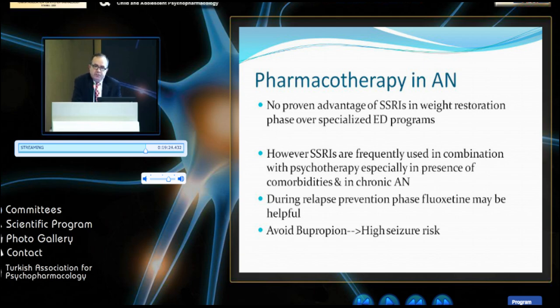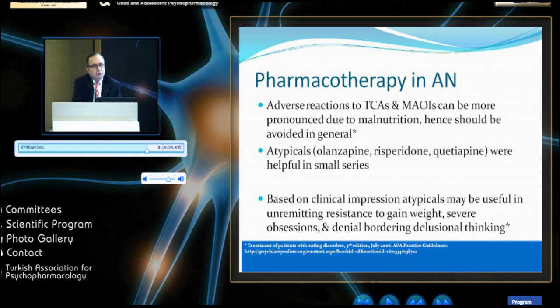Avoid bupropion. Wellbutrin is the name, I think it's the same here or similar, because of high seizure risk. This is just like clinical pearls. I do see patients in my practice being on Wellbutrin, even if they do have binging, purging behavior. And you may say, well, just binging may not create that, and there is evidence in treatment-resistant individuals who can tolerate other antidepressants, if they don't have any